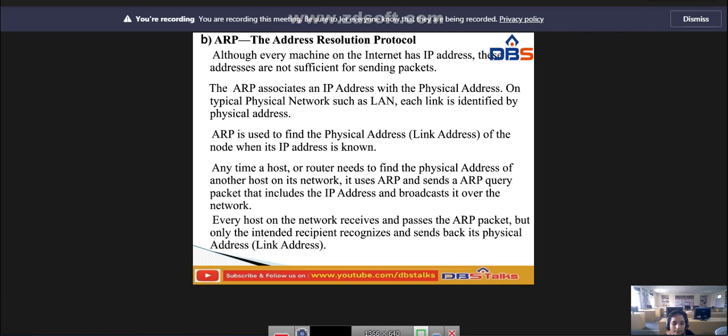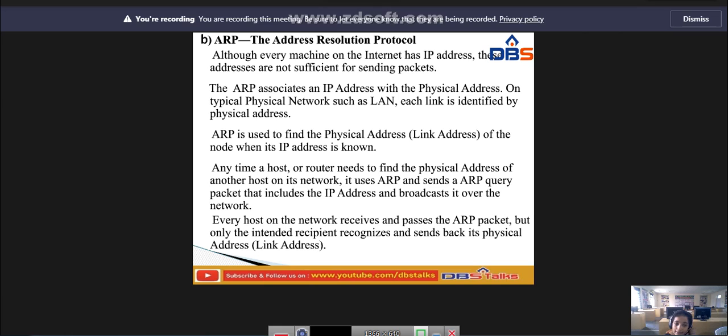So, ARP associates an IP address with a physical address. On typical physical networks such as a LAN, each link is identified by its physical address. ARP is used to find the physical address of a node when its IP address is known. Any time a host or a router needs to find the physical address of another host on its network,